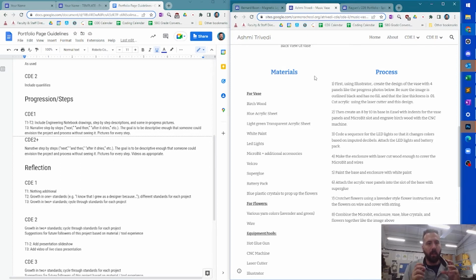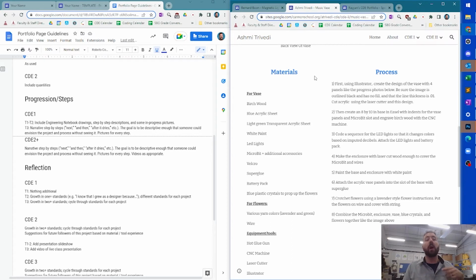So for our projects in trimester 1 and trimester 2, definitely include anything that you put into your engineering notebook, your project page in there, any sketches that you did, any feedback that you got from folks. And you're also going to include the step-by-steps that you followed. As much as you can, include in-progress pictures. I'll help remind you to take some, but we're really focusing on the process of doing the building rather than